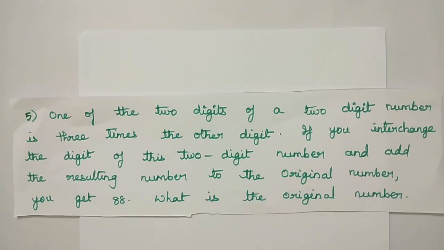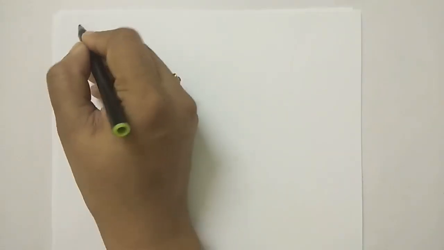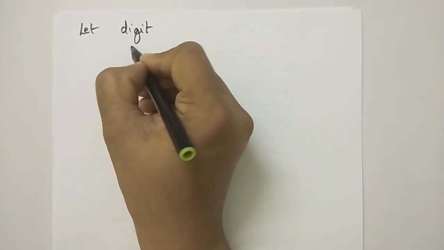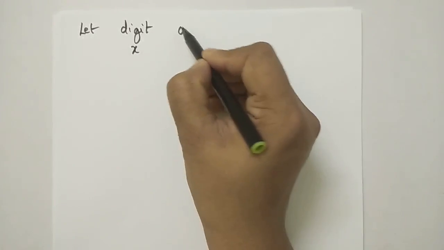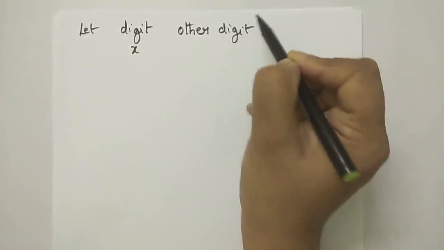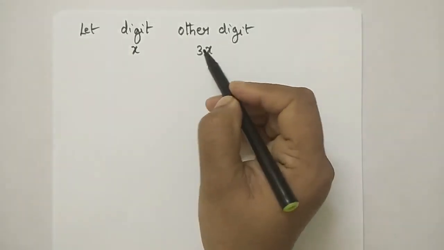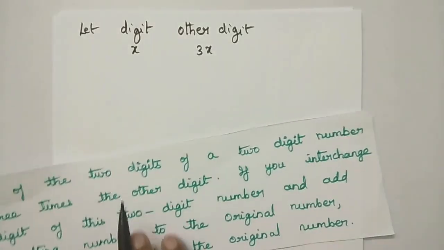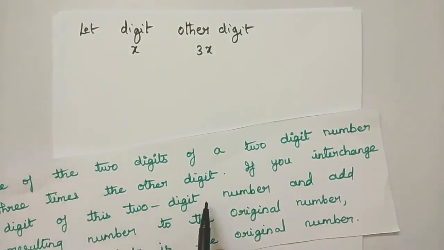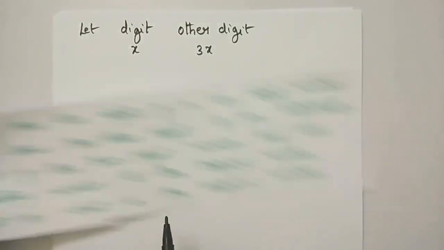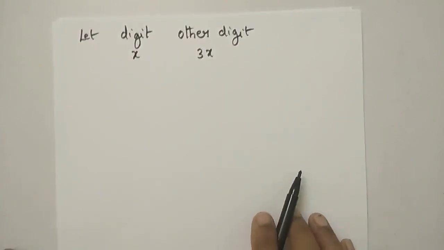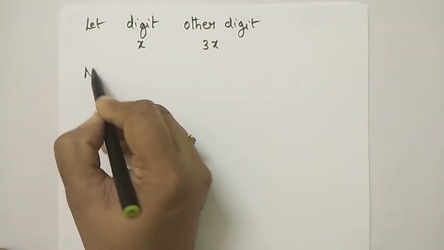Let us take the digit as x. Let one digit be x, then the other digit becomes 3x, is it not? That is what they have mentioned. One digit of a two-digit number is 3 times the other digit. So if one digit is x, the other digit is 3x. If it is so, then the number becomes,